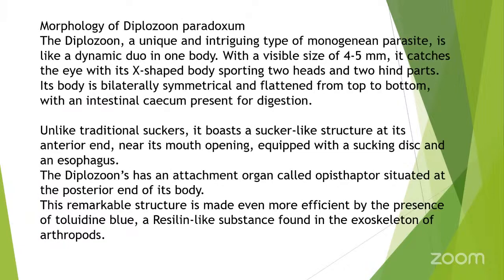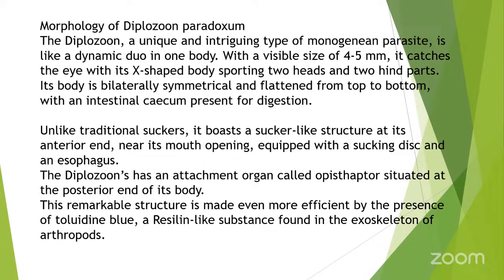The next one we are going to discuss is Diplozoon paradoxum. The diplozoan is a unique and intriguing type of monogenean parasite. It's like a dynamic duo in one body. With a visible size of 4 to 5 mm, it catches the eye with its X-shaped body sporting two heads and two hind parts. Its body is bilaterally symmetrical and flattened from top to bottom, with an intestinal cecum present